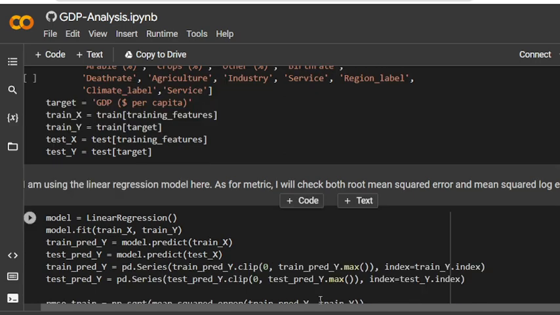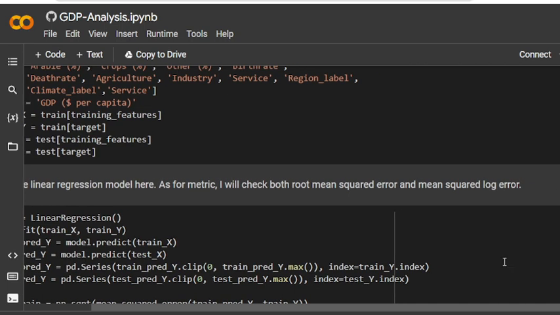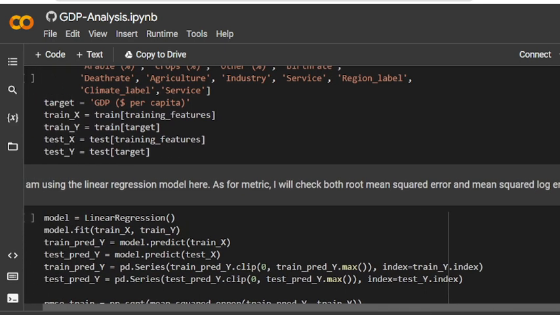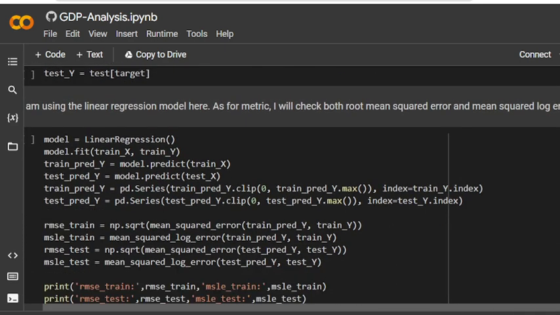So you could see I am using the linear regression model after that, because after training and testing we need to apply the model here. First, because these are numeric values, we can use linear regression. This is the first model. So model.fit on the training data, then the predictions, model predictions for train, and training predictions Y as a pandas series. So we can write your own code, don't worry, it's a very simple way also, don't worry. And then RMSE